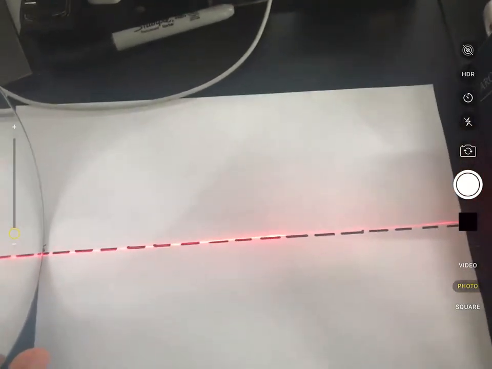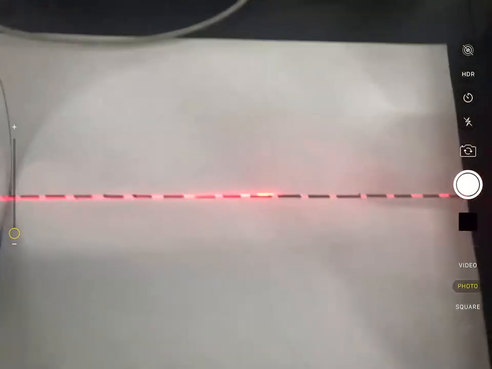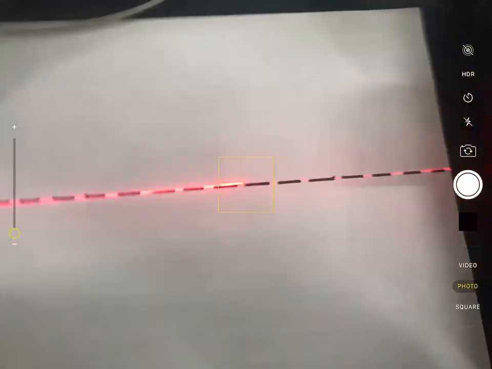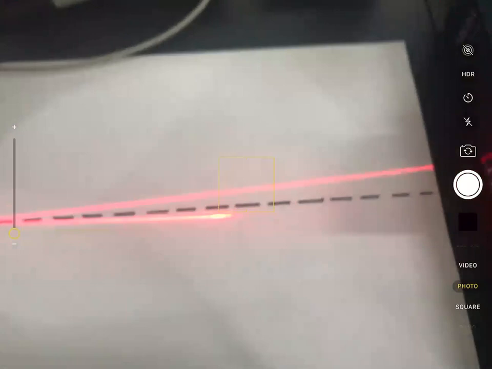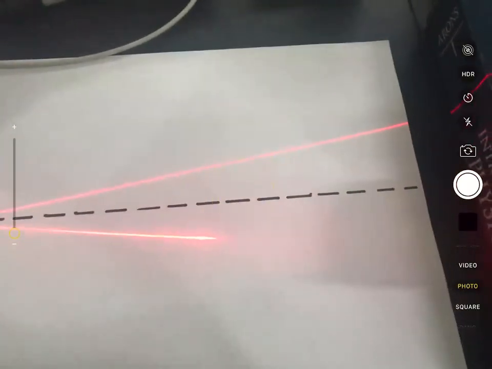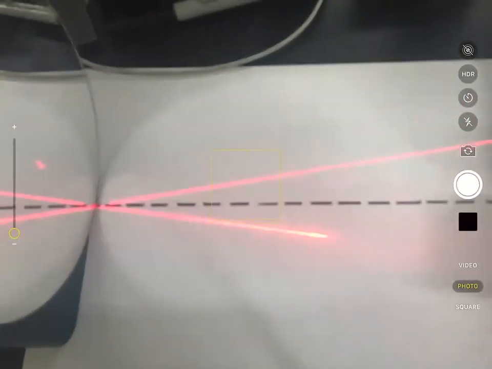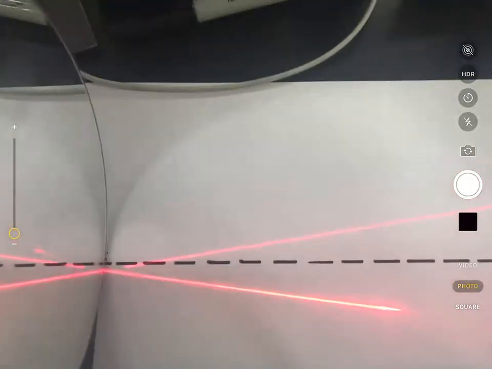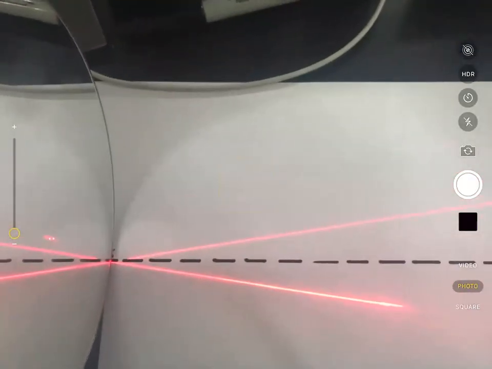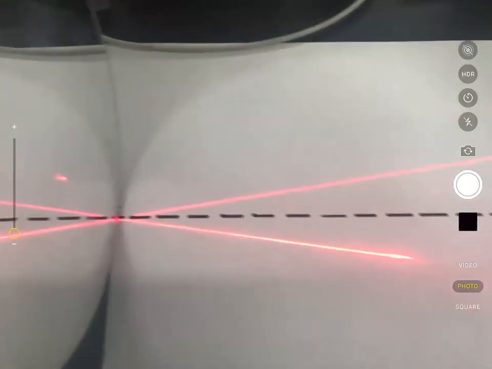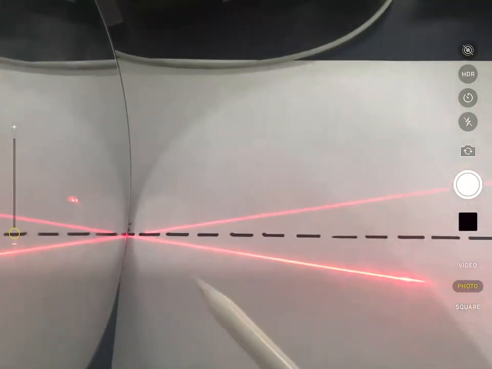So what I want to show you is what happens when I take my laser and change that instead. So as you can see, I'm not moving my mirror, but I'm moving my laser. I just angled it a little bit. Make sure it's pointing good, and there you go. So I want you to notice that this angle right here